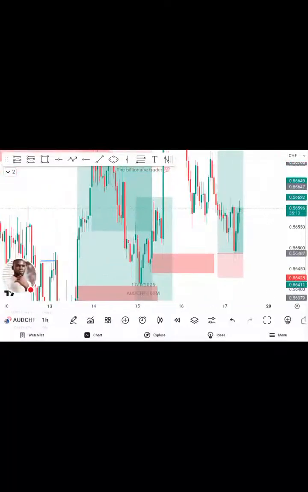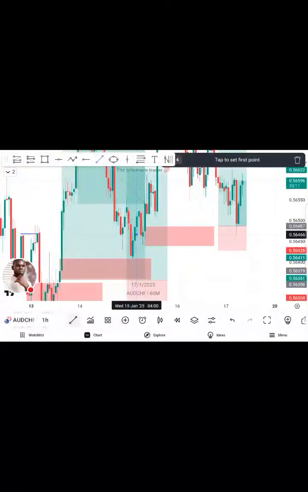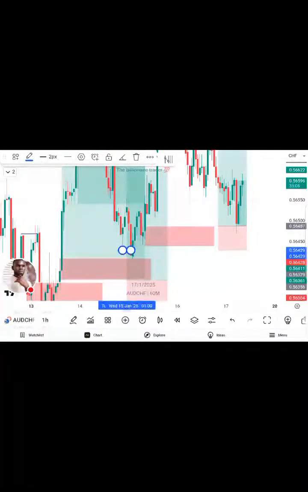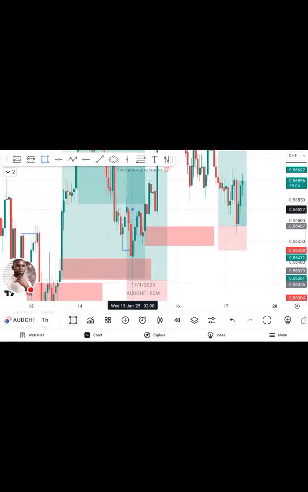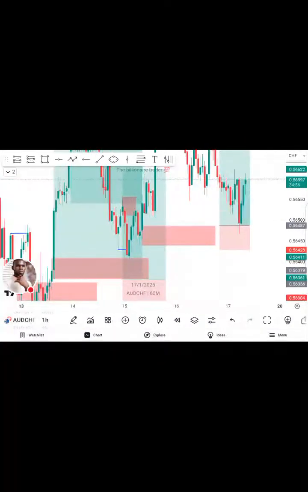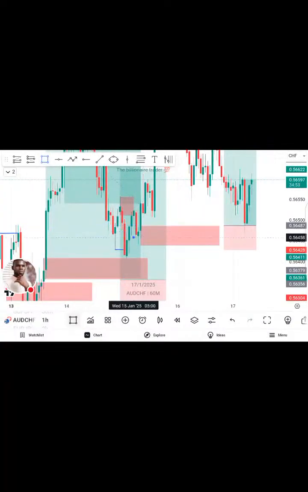After the mitigation of that demand zone, before that mitigation we have this low here. That's the last break of structure we have, and price is trying to mitigate this supply zone here. So after the mitigation of the supply zone, it is expected that price should break this low, this particular low, to meet another break of structure, but instead price reacted to the demand zone here